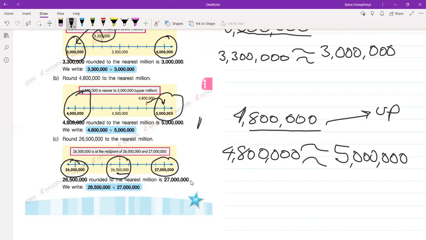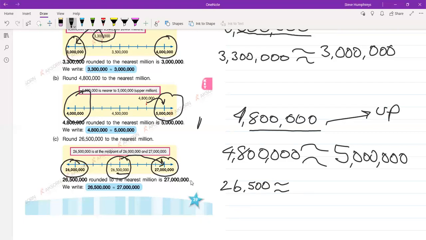Okay, we're not rounding to 10 millions, we're rounding to millions. Okay, so there's our number, 26,500,000. And as the last 6 digits are 500,000,